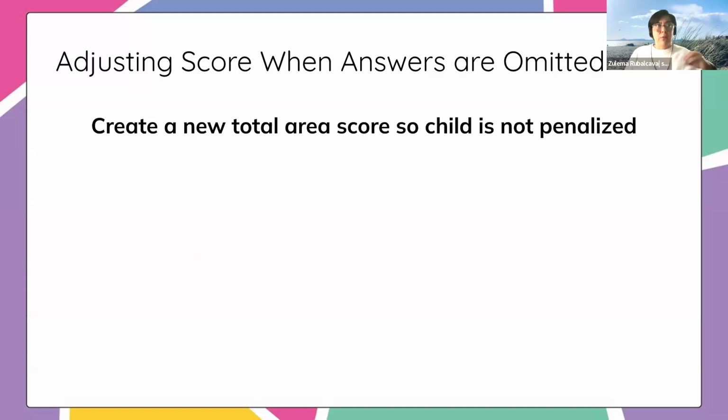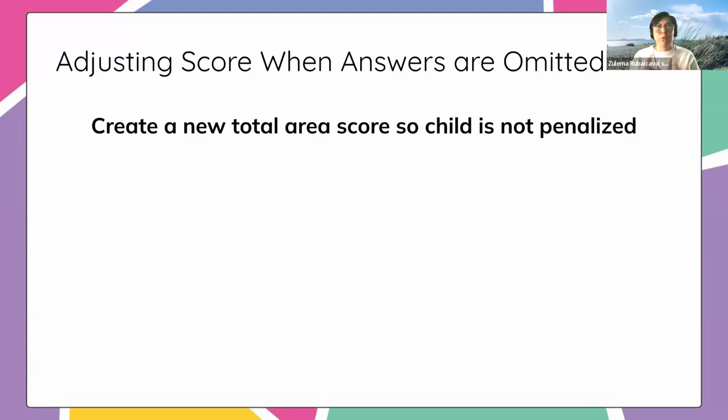So when a family doesn't answer a question, you don't want to leave it blank, right? Because if you leave it blank, it would be as if we were assigning that question a score of 0. And 0 has a very defined characteristic, right? It's a not yet. And for this, it's not a not yet. It's an I don't know, and it's maybe inappropriate for me to ask that family, right? So we don't want to leave it blank, because that would be sort of penalizing the child and the family for their cultural beliefs. And it also is not going to give us a good representation.